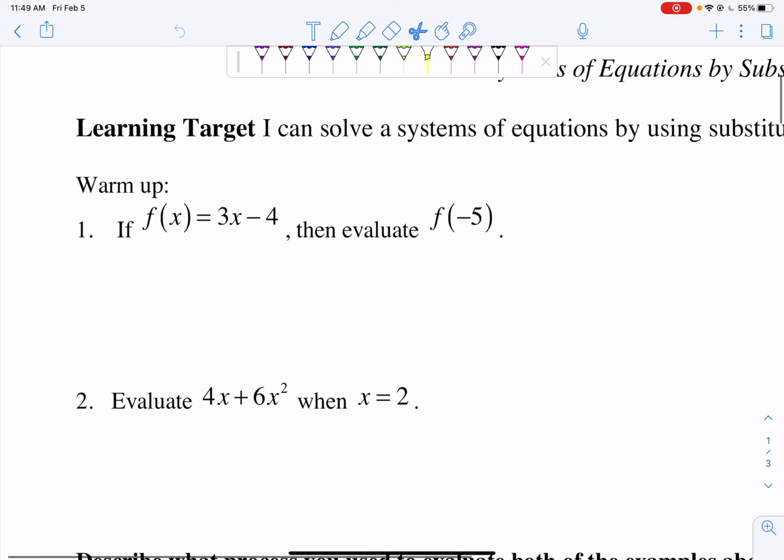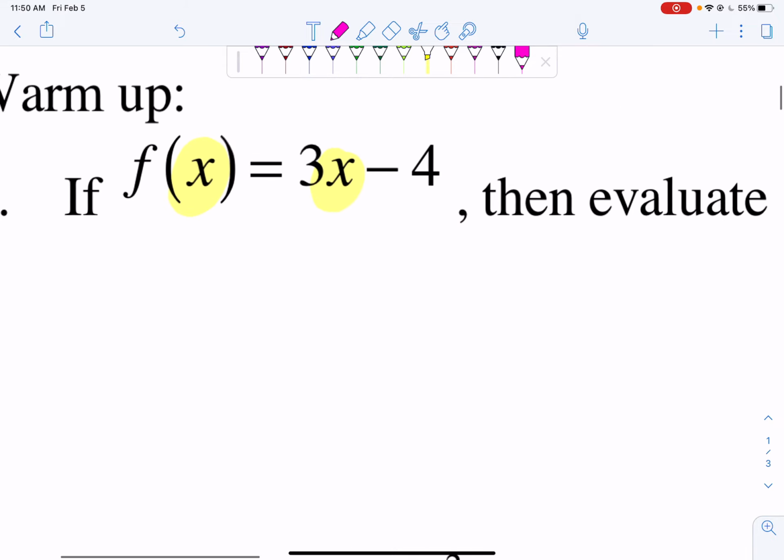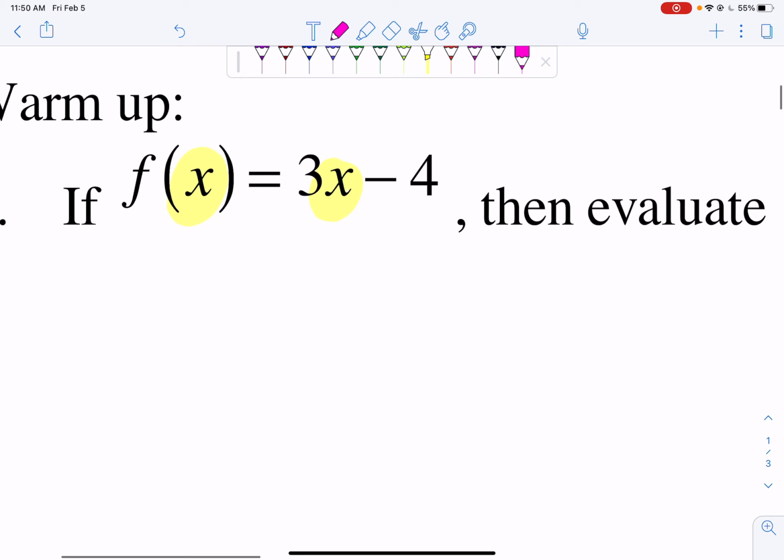But before we begin, we want to make sure that we actually know how to do a few things. So for this warm-up, we're going to answer these two questions. Question number 1. If f of x is equal to 3x minus 4, then evaluate f of negative 5. So what we're saying is that we want to see what happens when we plug in negative 5 everywhere we see an x. So we're going to just do f of negative 5,